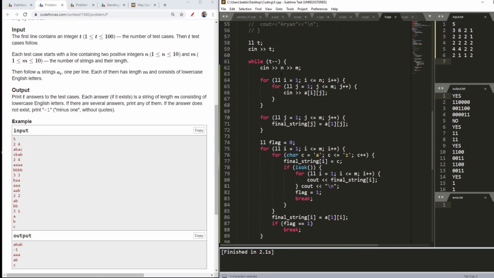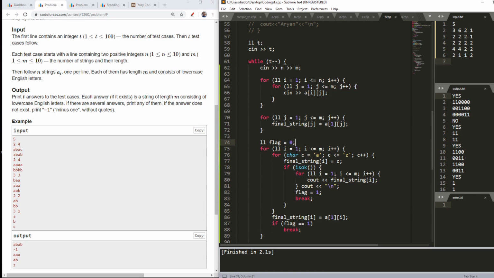Now I will input my array as I showed you. Then let's suppose that my first string is my final string, and then I will check. First of all I will set my flag as 0.